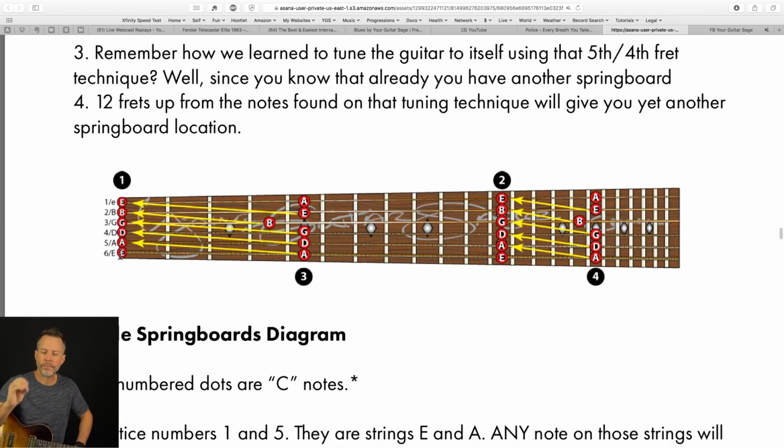These are concepts that a lot of you know, some of you do not know them, so we're going to cover them really quickly. So you see these open notes right here. We're going to drill down later into this more. You should know those, and you should also know that right here at the 12th fret, it's our second springboard, okay? That's basically the duplicate, E, A, D, G, B, E, same thing as this area here, E, A, D,